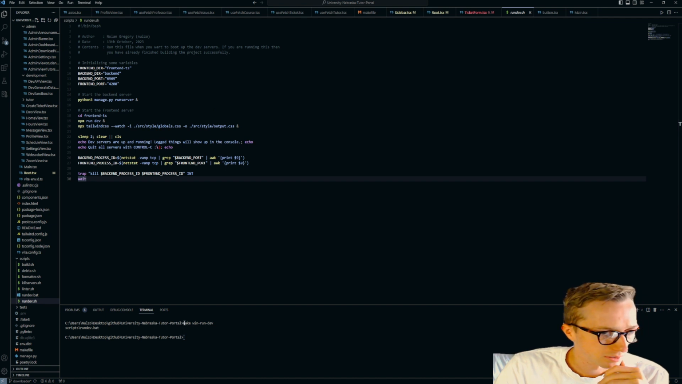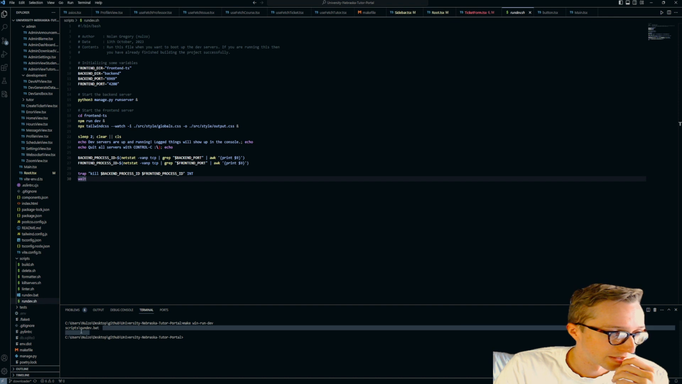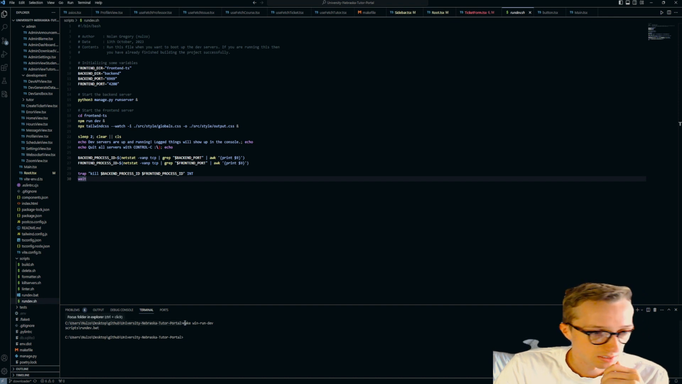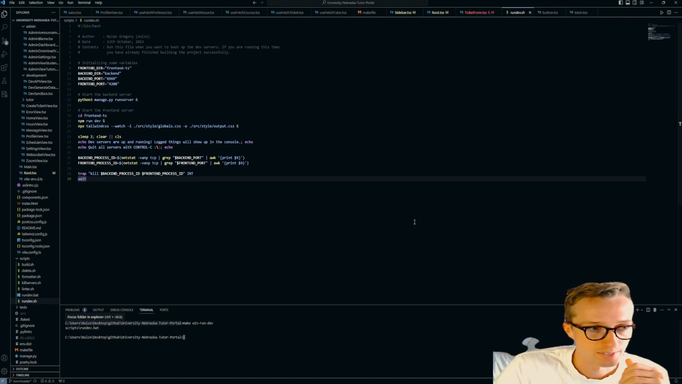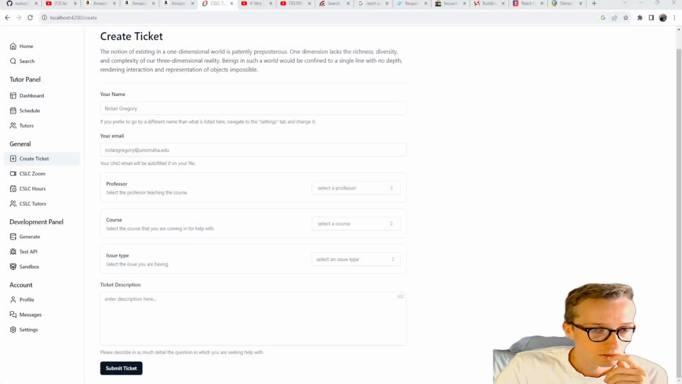So you can see I'm currently running the servers. I said make win-run dev. I'm on a Windows machine, and it'll run that bat file. Make is something that usually is used to build C and C++ projects, but I use it all the time because I like it. So if I go ahead and switch my screen here to the actual program,